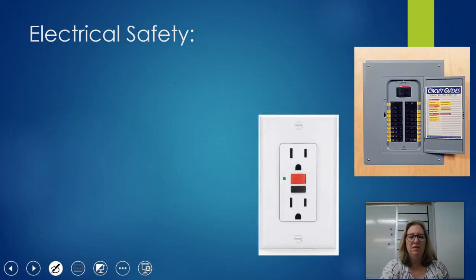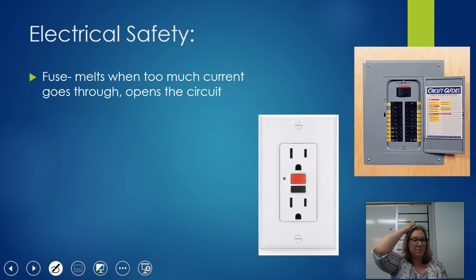So we've got some things that help us keep safe. A fuse is something that melts when too much current goes through it. Once it melts, that stops the flow of the current, okay? And so now the circuit is open and the electricity can't keep going. That's just to shut it down when there's too much current. It's to keep the normal wires from potentially catching on fire because they're getting too hot. So the fuse is a little bit weaker than the wire, and it's just to protect the rest of the